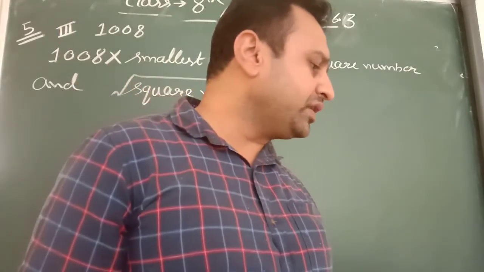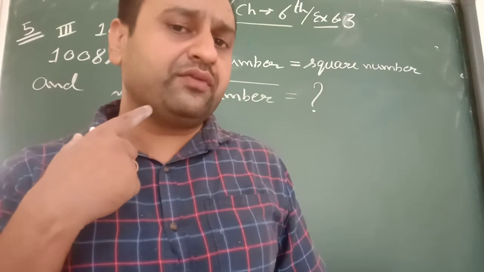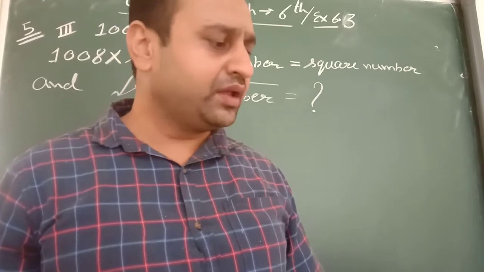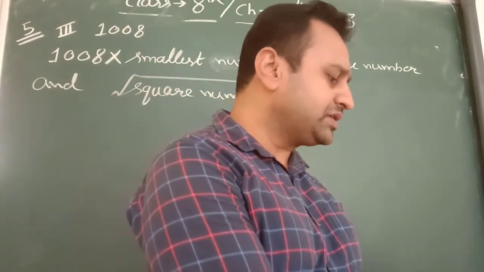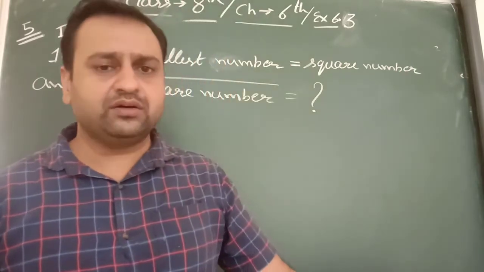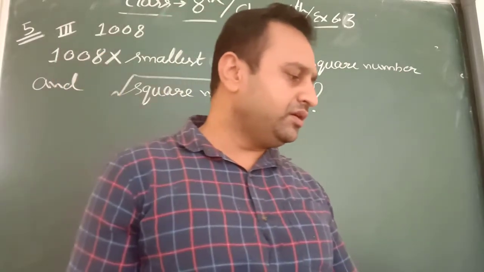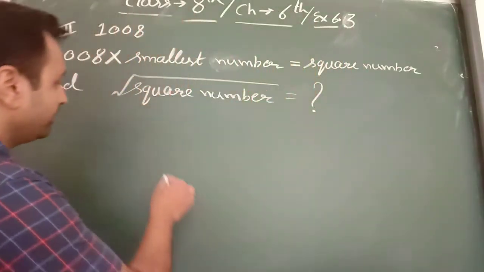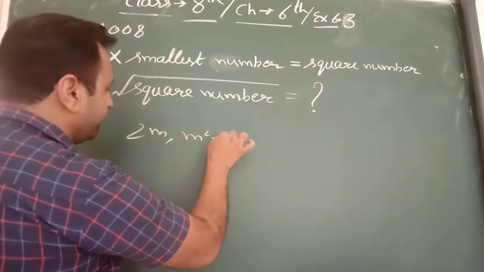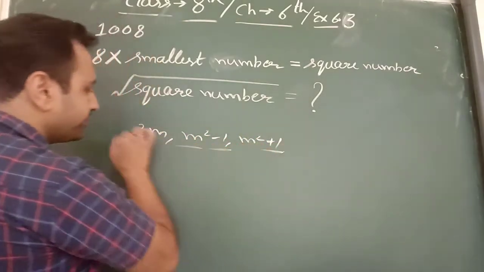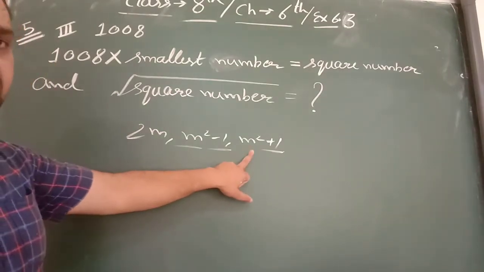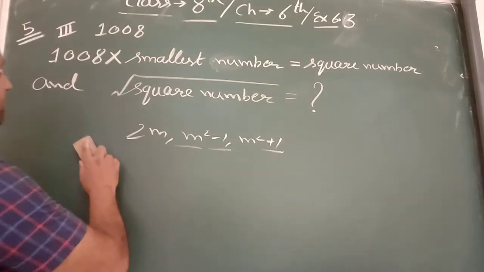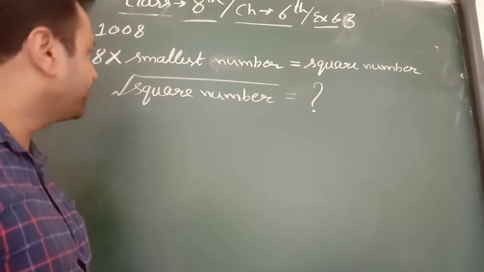We also discussed in the second property that if there is an even number of zeros at the end, then the number may be a perfect square. And in the third property we discussed that the sum of the first n odd numbers equals n square. We have also already studied Pythagorean triplets, which are in the form of 2m, m square minus 1, m square plus 1, in which m square plus 1 is the largest and m is a natural number greater than 1. Okay, now start exercise 6.3 from question number 5.